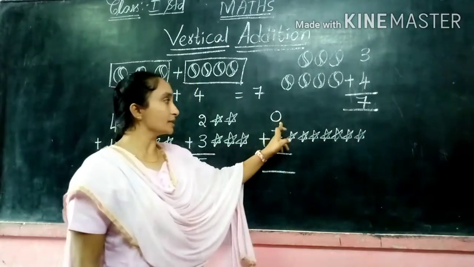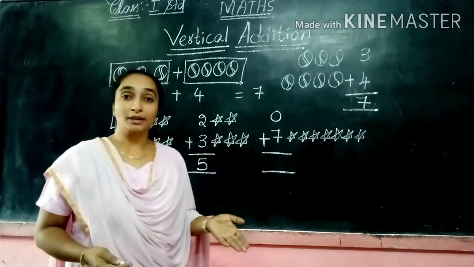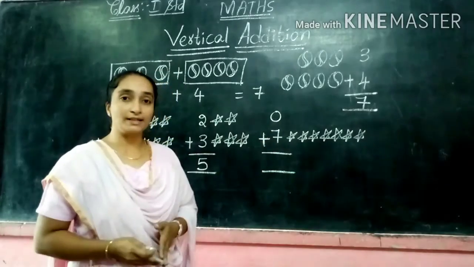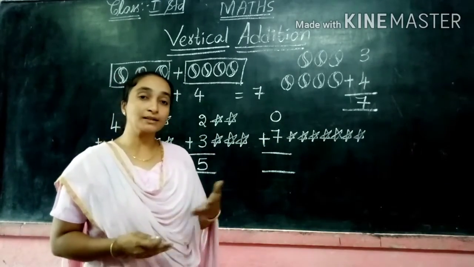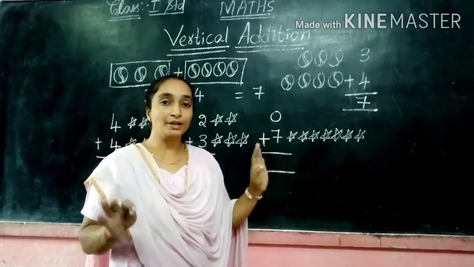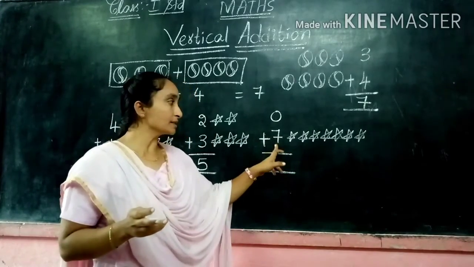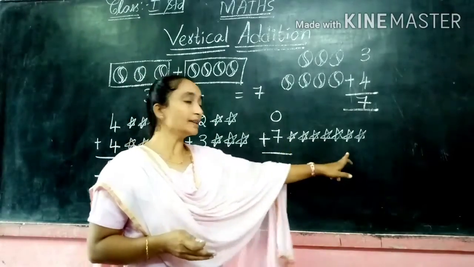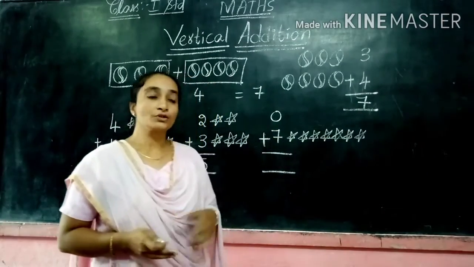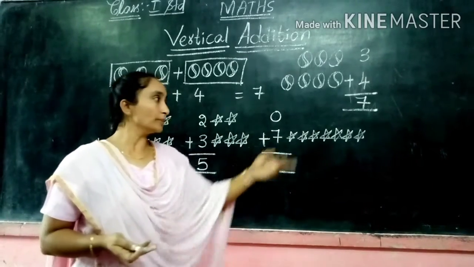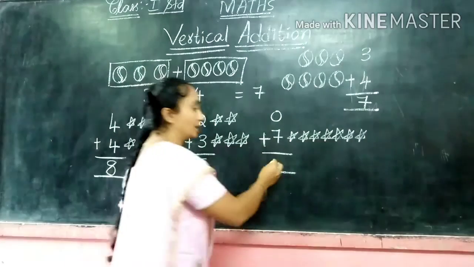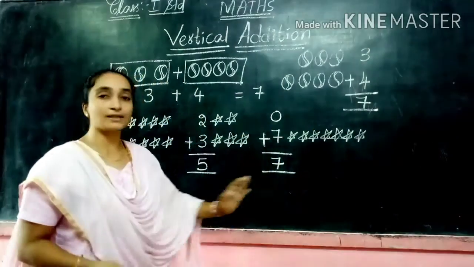Here you can see, children, 0 plus 7. Here by adding 0, we have done already in the additions by adding 0. So it's very easy. When you add a 0 to any number, the answer will be the same number. So here 0 means no stars because nothing is there. Now here what is this number? 7. So I have drawn already 7 stars. 1, 2, 3, 4, 5, 6, 7. So the answer will be the 7 only because here any star is not there. So the answer will be the same. 7. So here I can write the 7.